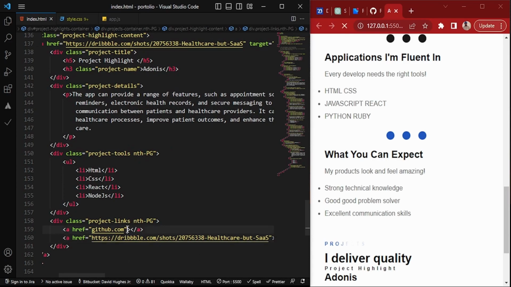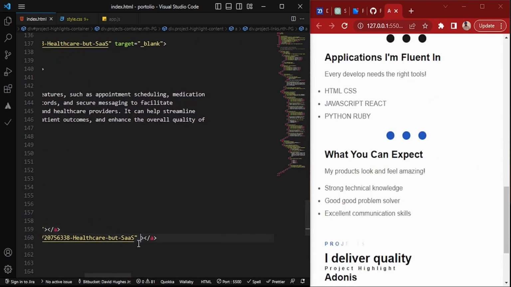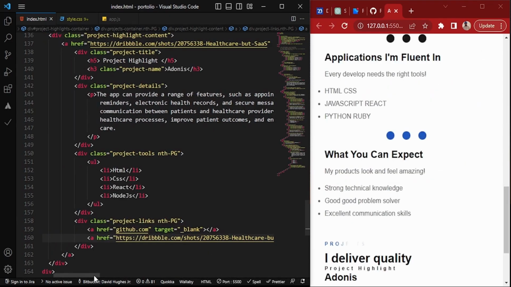And I guess one thing I should have done was say target equals blank before I copy, because that was the whole purpose of me copying it down. So if you do that, good job. Target equals blank. Okay. And so inside of this A tag, what we're going to do is add our images